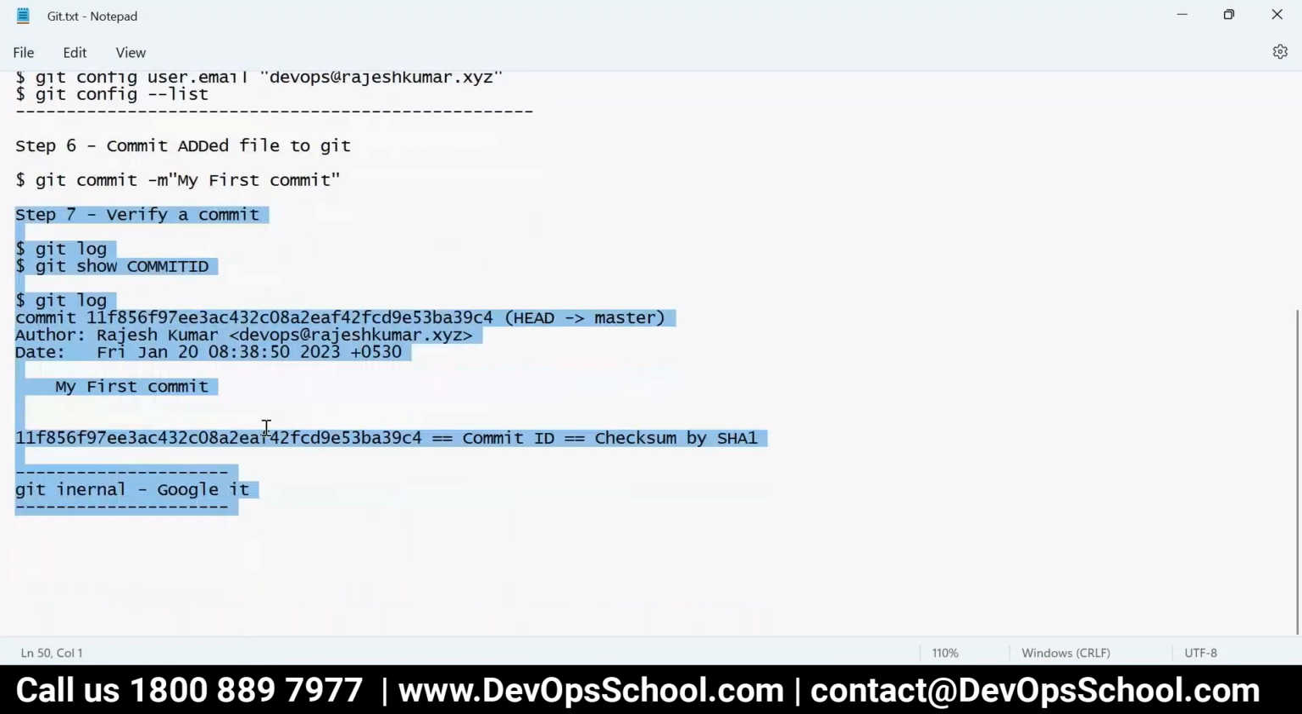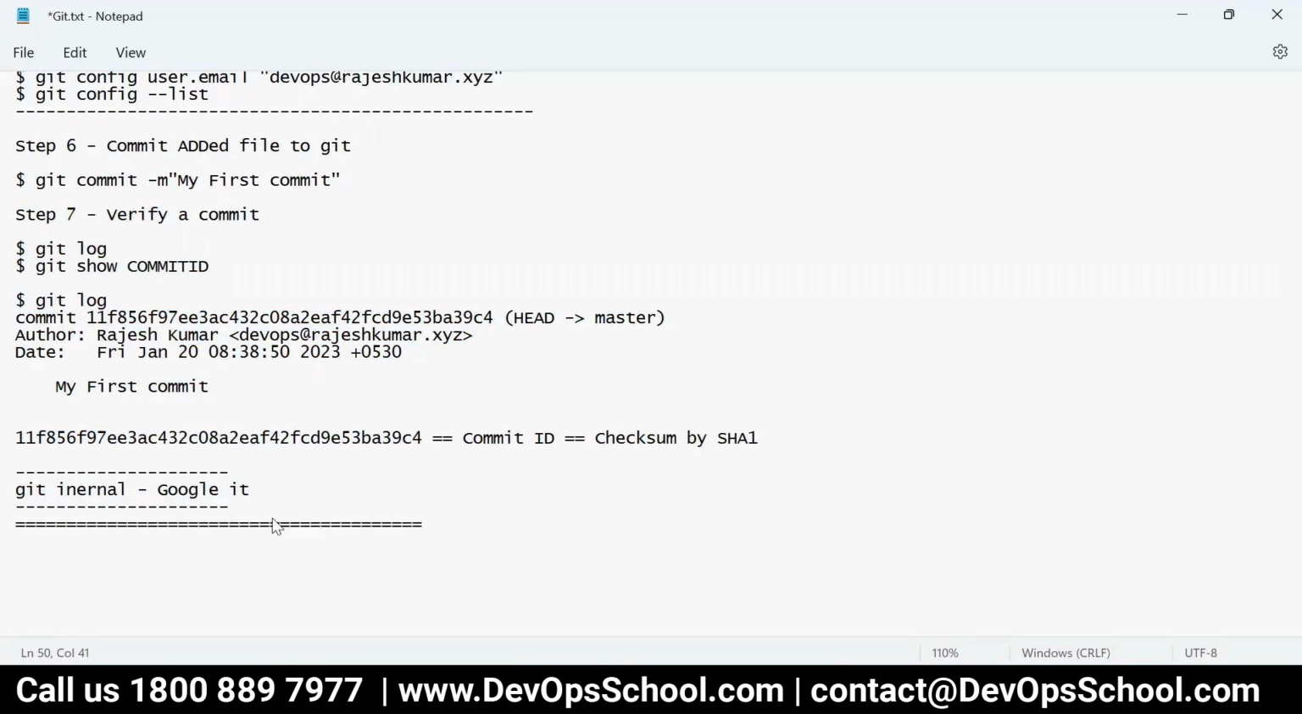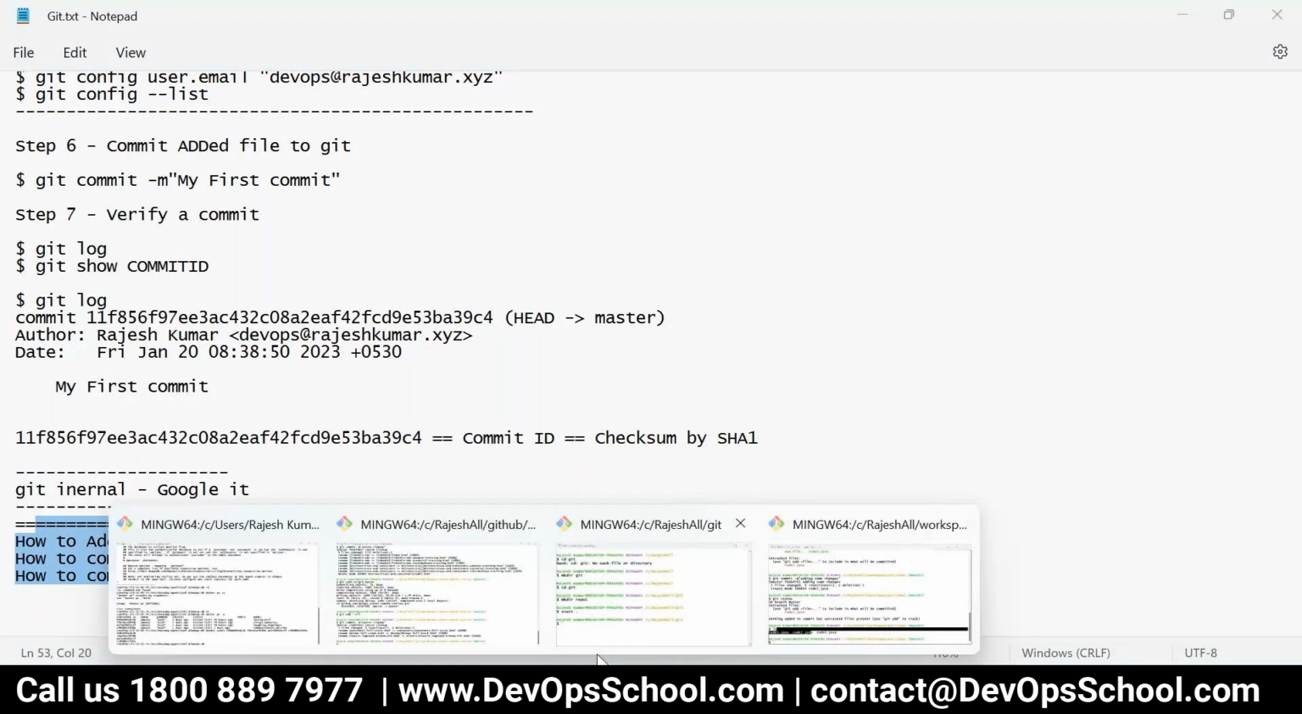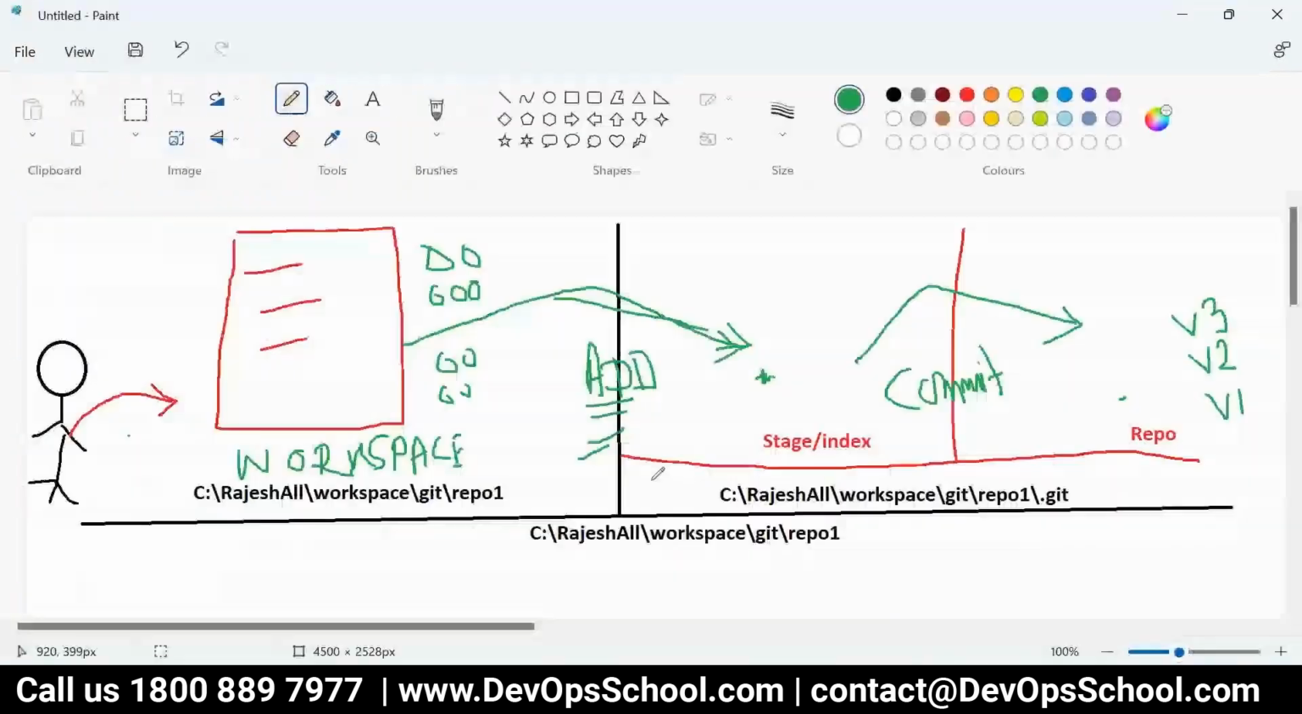Now some of the frequently asked questions are: how to add all files, how to commit selective files, and how to commit a directory. What else can I think of? These are some of the very frequent scenarios we deal with. So let me show you how to add all files. Here the command is